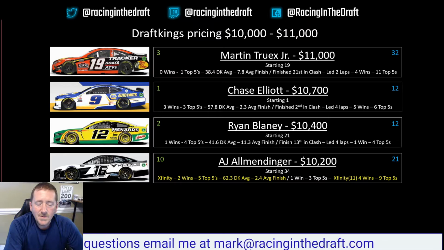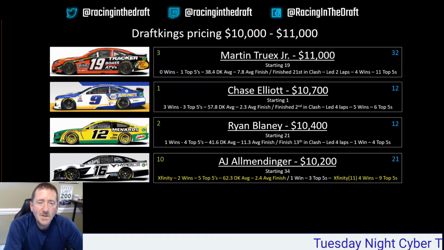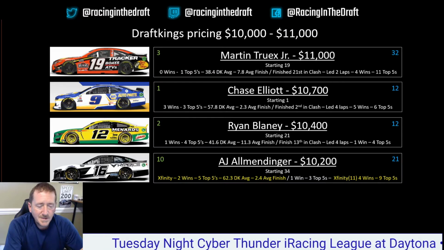He has a total of 21 starts in the Cup cars with 1 win, 3 top 5s. In the Xfinity Series, he has 11 starts with 4 wins and 9 top 5s. He's starting 34th, which gives him a great PD, or place differential, upside in this race. In Xfinity, he has 2 wins, 5 top 5s, a 62.3 DraftKings average, and a 2.4 average finish. All those are in Xfinity cars, which are a little different, a little lighter than the Cup cars, but he should